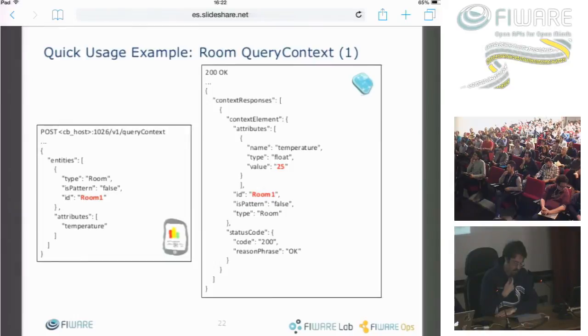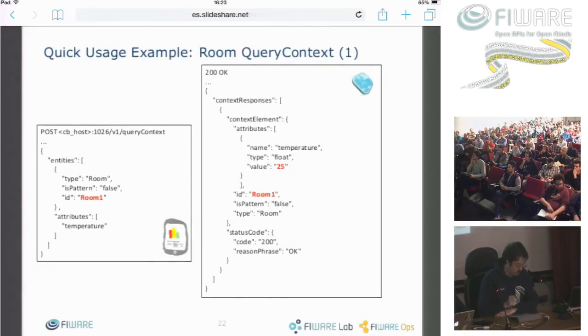And if at this point we query for row number 2, we'll get the new, updated value. Look at this kind of query. In this case, different from the previous one that we used for the car, in which we have all the attributes, we can filter the attributes we want. I mean, if we are only interested in temperature and not in the pressure, in the case of the room,